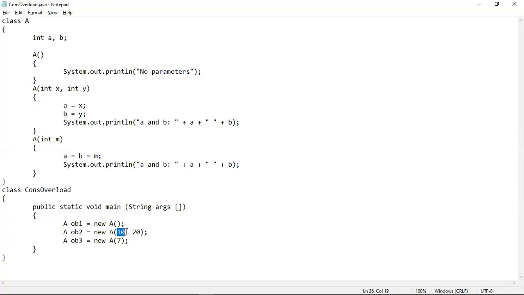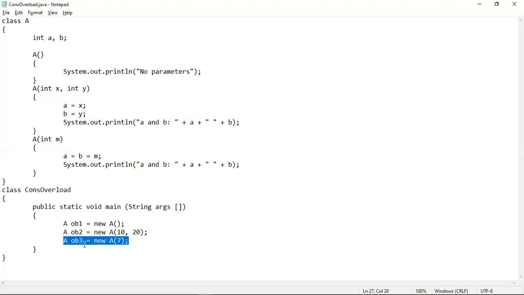The value 10 will be passed into the parameter x and the value 20 will be passed into the parameter y. Then the value of x, which is 10, will be assigned into a, and the value of y, which is 20, will be assigned into b. Then the two values will be printed on screen. So the next output will be "a and b:", then a space, then 10, then a space again, and then 20 will be displayed on screen.